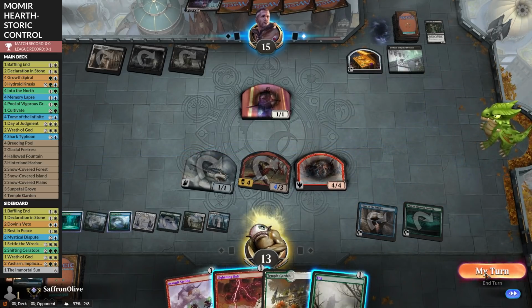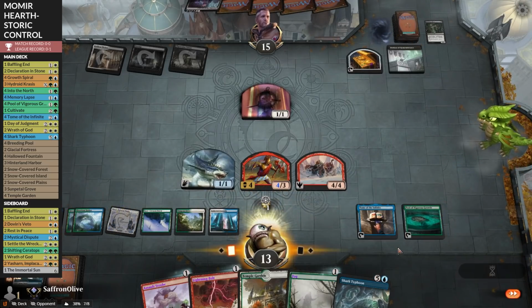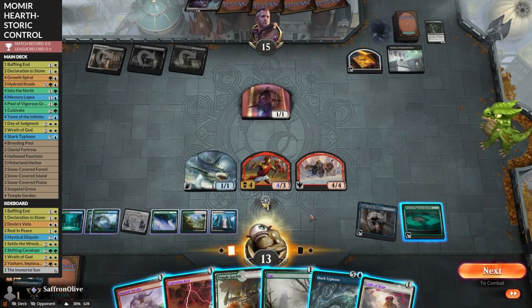Tome. Get a Fog. Untap. Does it have trample? It does. Well, let's conjure. We might be able to get the one-shot kill here. Light of Hope. Why do we have a mana floating? Oh, we tapped the wrong color. I see. Well,